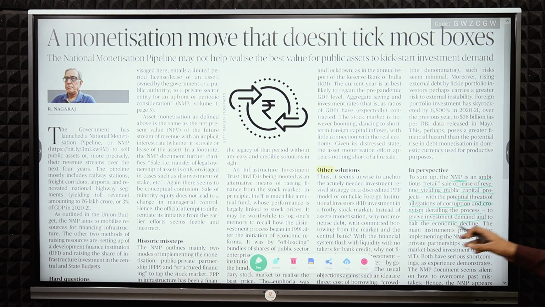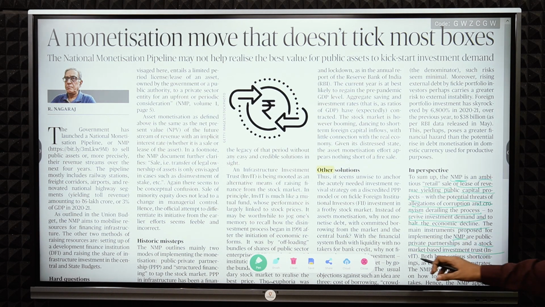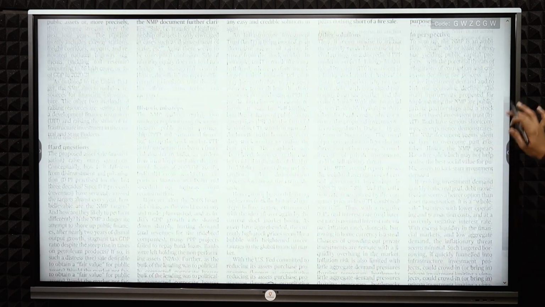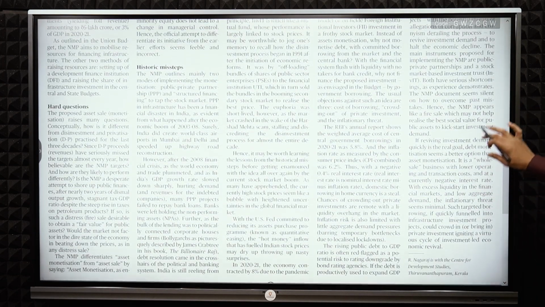So to revive the investment demand, to halt the economic decline, the main instruments proposed for implementing NMP are public-private partnership and the stock market-based investment trust, that is InvIT. Both have serious shortcomings as experience demonstrates. So that was the experience of the author in the past. Okay, so you can see